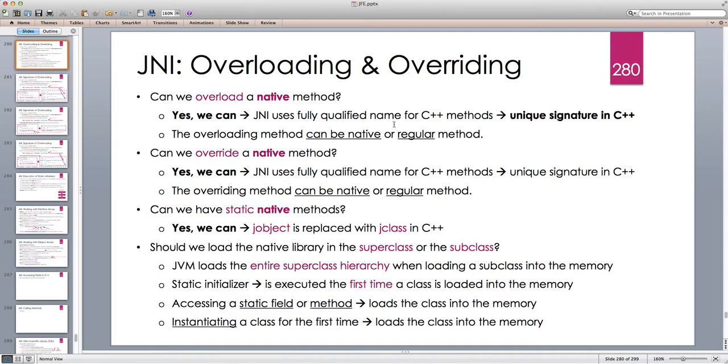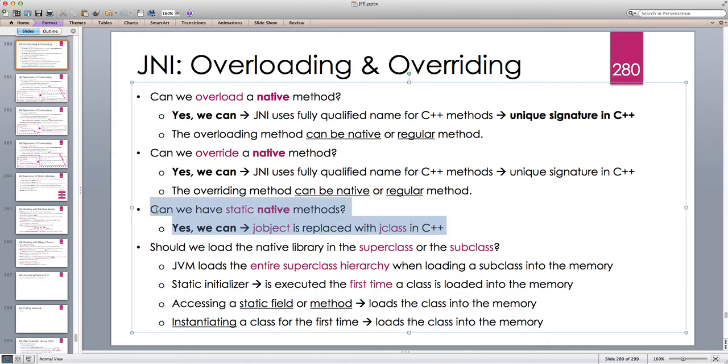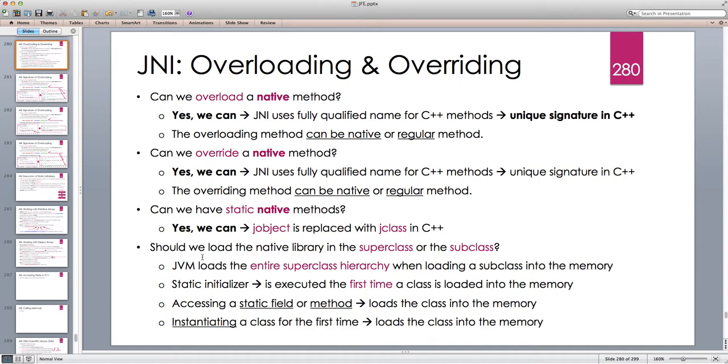In the previous lectures, we looked at overloading and overriding native methods, and we looked at a lot of details about them. We also looked at static native methods and how overloading is different for them. Now the question is: once we have a class hierarchy, with a superclass and a subclass, and both of them have native methods, and some of the native methods might override each other,